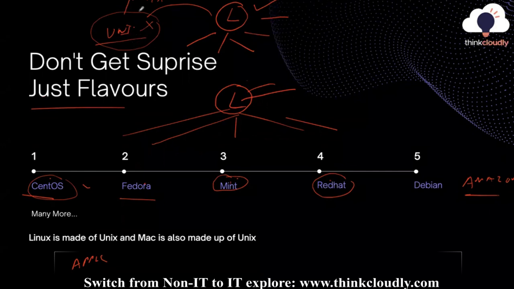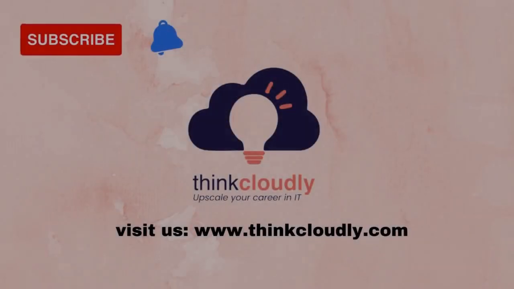So you can say Mac and Linux are brother and sister, and they have a single mom, that is Unix. So you can just remember it like that. I know it's funny. But yeah, Linux and Mac are brother and sister, and Unix is their mother, and you can remember it like that. So Mac is also made from Unix, and Linux is also made from Unix. Always remember this point.